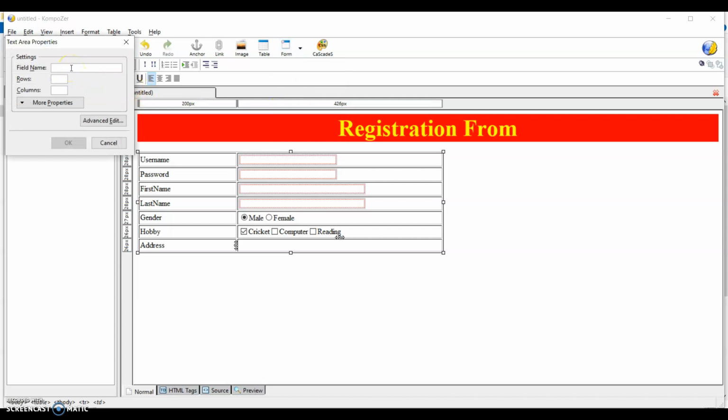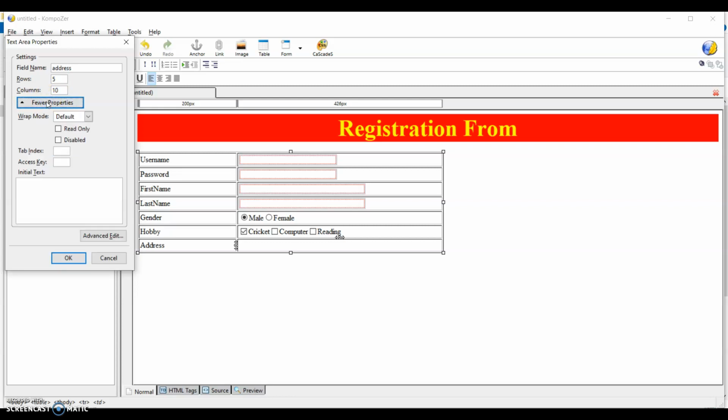At that time the field name is address. For the rows, you just define how many rows and how many columns you are creating. So here you just give 5 rows and 10 columns, and you can also see more properties.